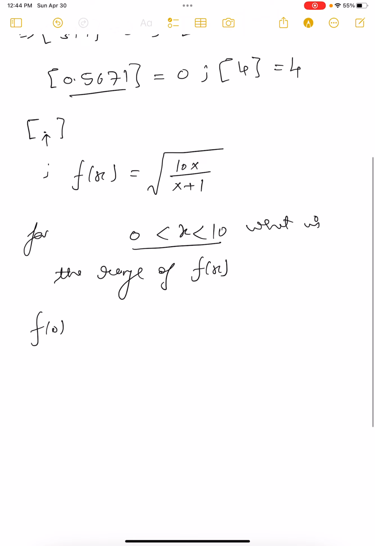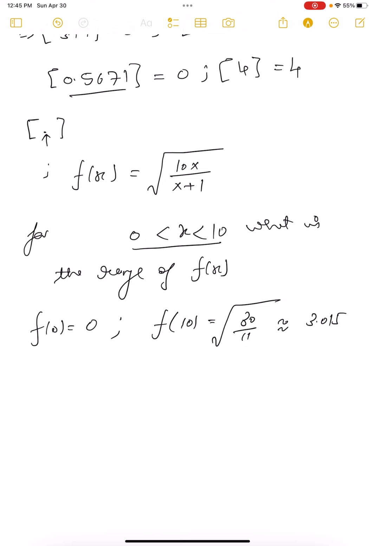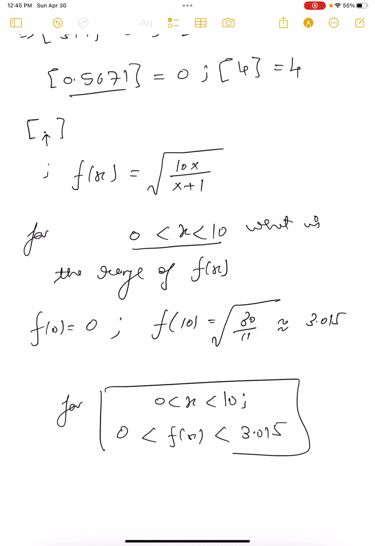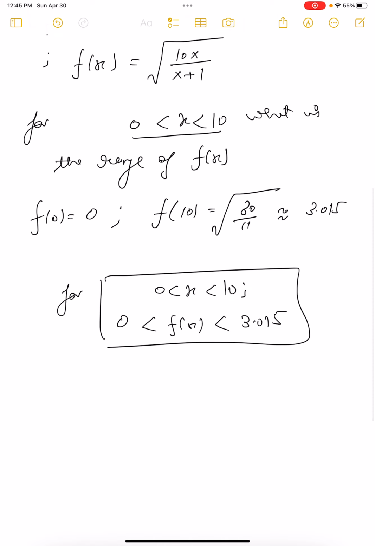So f of 0 is 0 and f of 10 is square root of 30 over 11, which is close to 3.015. Okay, so it means for x which is greater than 0 or less than 10, the function f of x lies from 0 to 3.015. Okay, nice. So now we know that the argument, this is the value of this greatest integer function can be